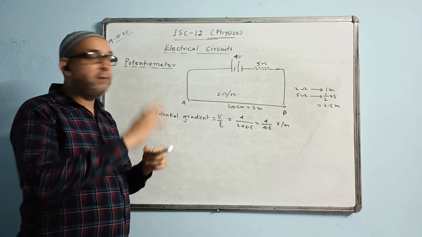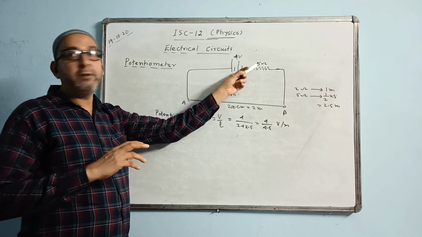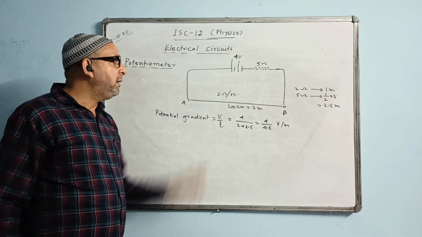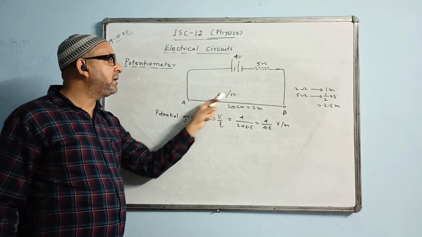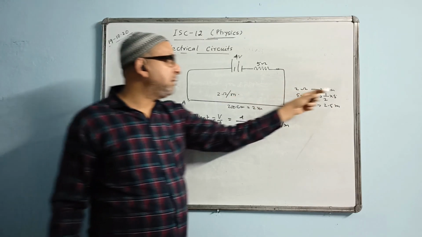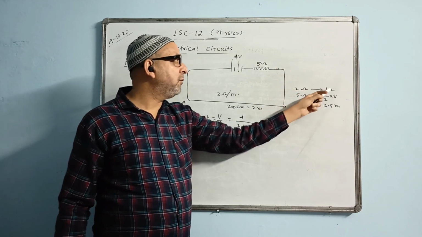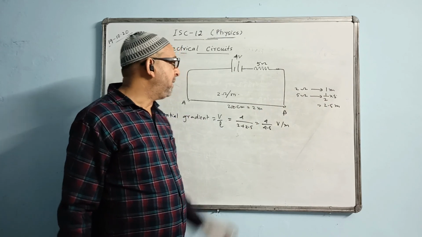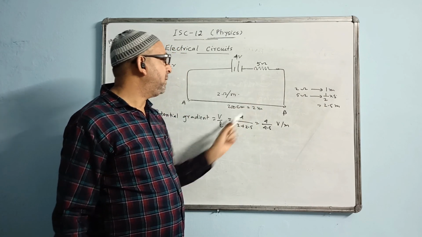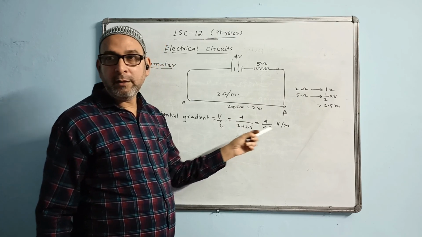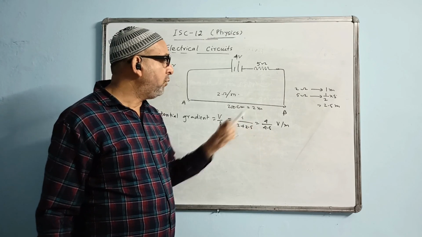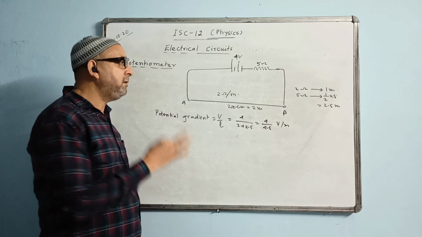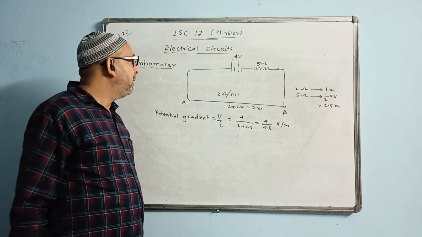Convert it into length. How much is the length value of this resistor? You find the equivalent length using the unitary method. Like 2 ohm per meter, that is 2 ohms length is 1 meter. Therefore 5 ohms length is how much? 1 upon 2 into 5. The answer is 2.5 meter. That means 2 meter here and 2.5 meter here. Both are added and the answer comes 4 by 4.5. Then we do the necessary calculation and give the answer to at least 3 decimal places.